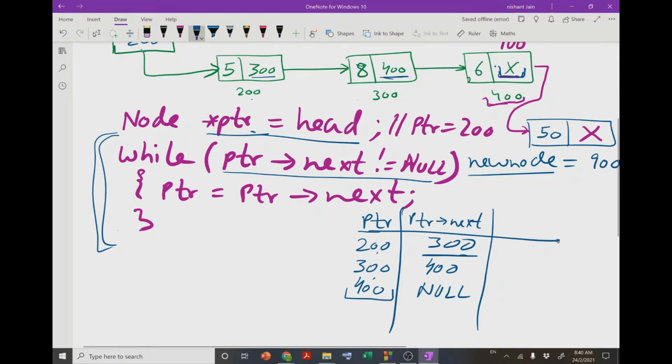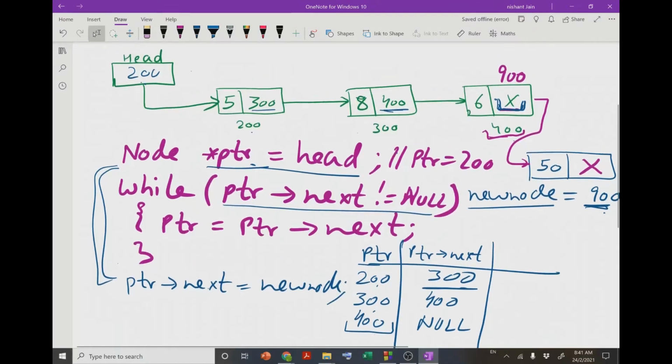So we can put PTR next equals to new node, right? PTR next is this location, and new node is 900, so this 900 will be placed over here.